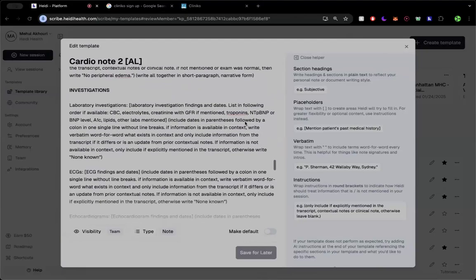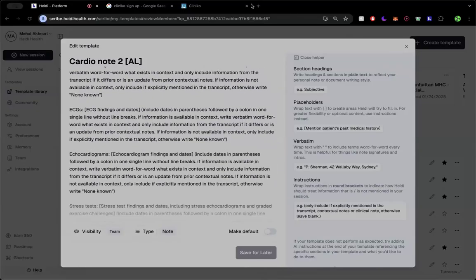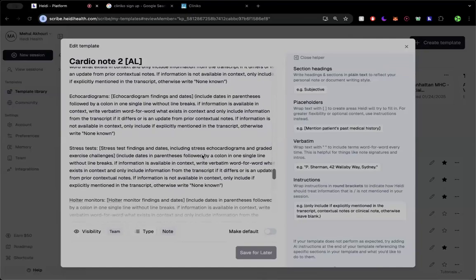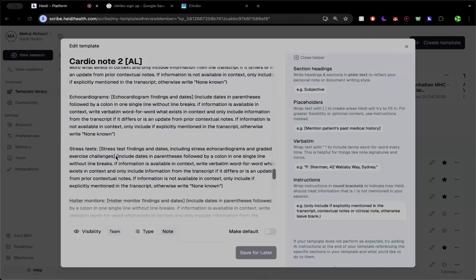So that's the syntax for how we're doing this, plus some examples with some cardio notes. This is one note that I'm working with the clinic on, right? They're delineating each of these specific cardiac investigations, their echo, the EKG. If we click out of this and look at